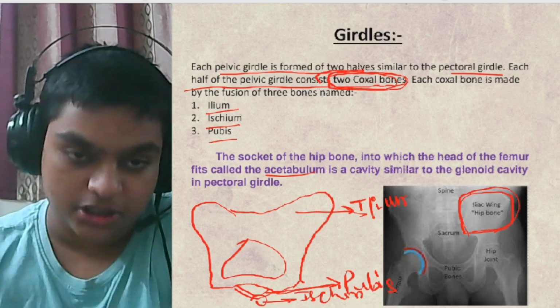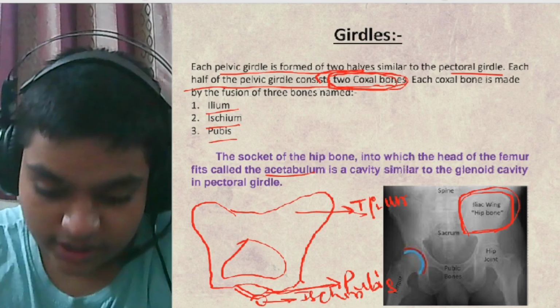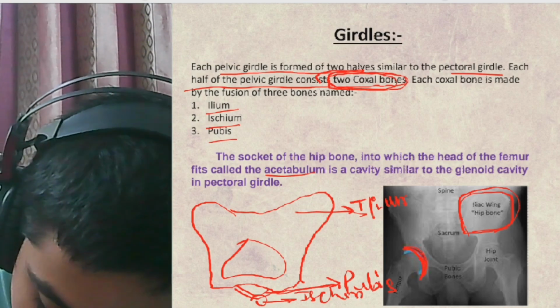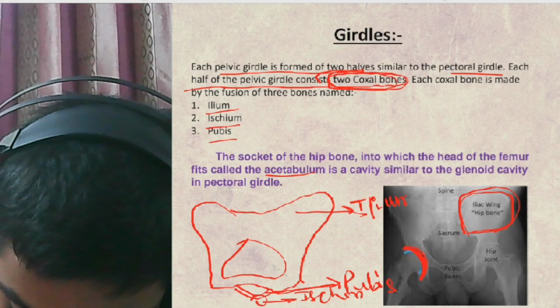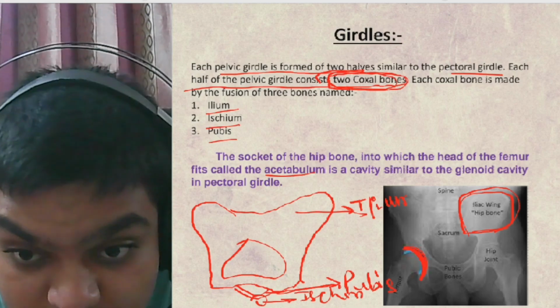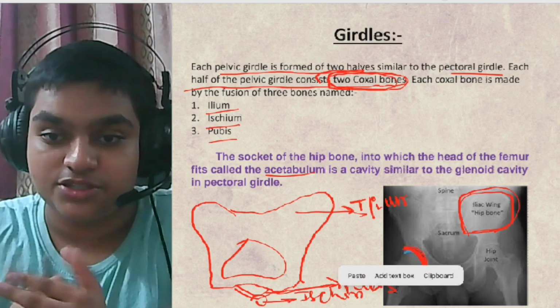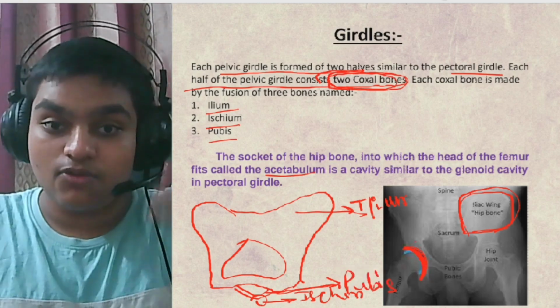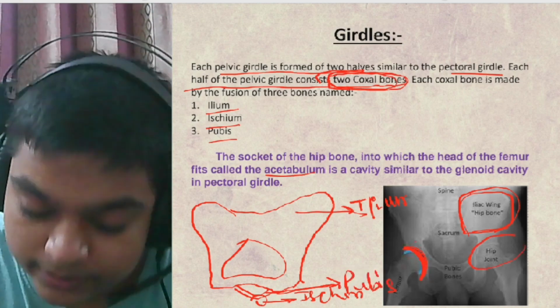Acetabulum, not here but down here. See this blue color and red color, this is your acetabulum, this is the head of femur, this is your femur, attaching, completed, thereby forming the hip joint,